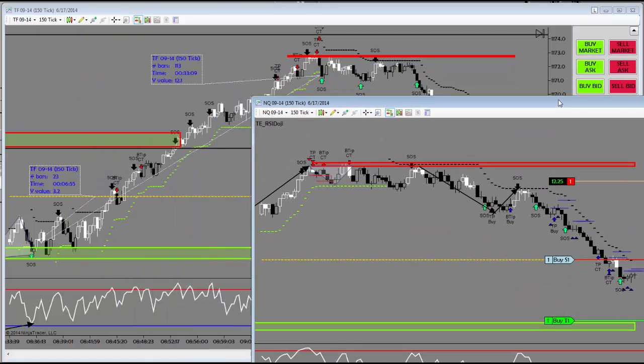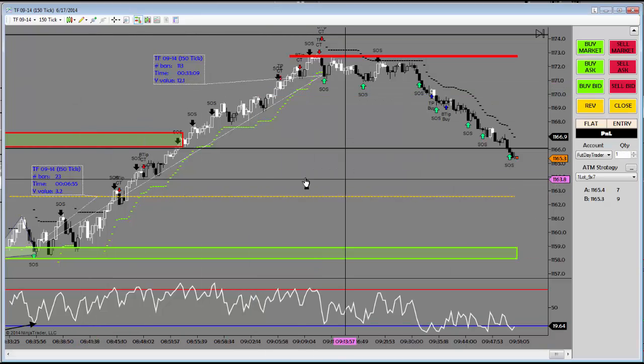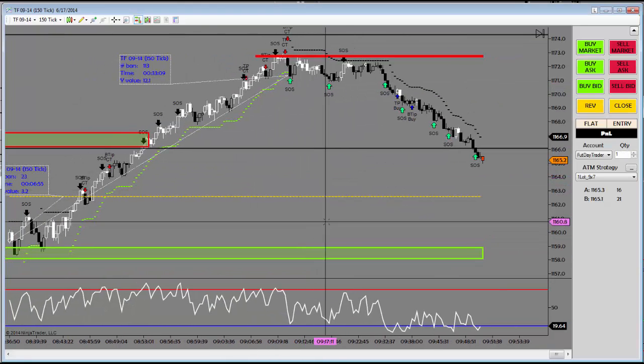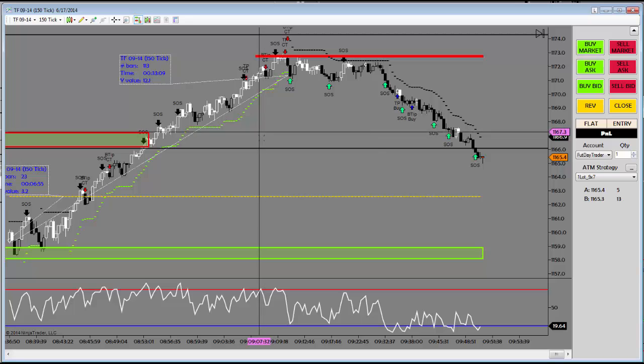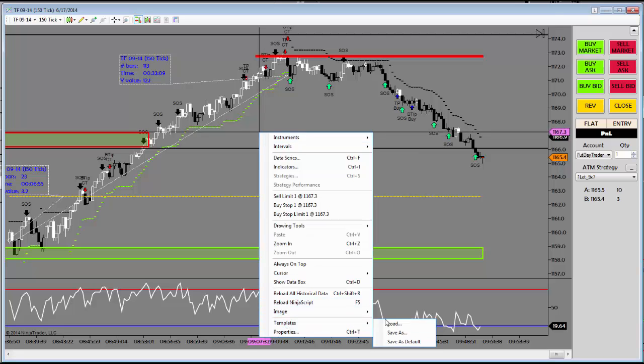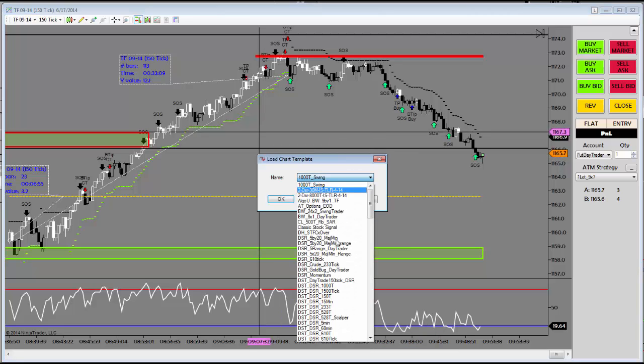BK in the house. All right, so let's go back over here. Now, again, we're going to go up to a 610 tick chart. So I'm going to right-click, left-click templates, load. And I'm going to go down and grab the